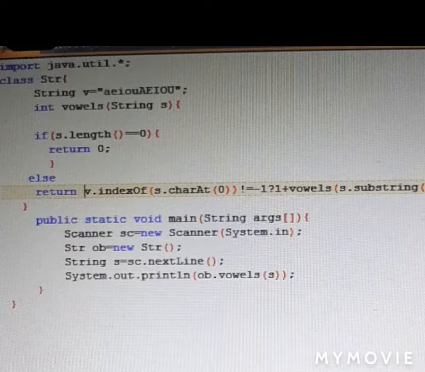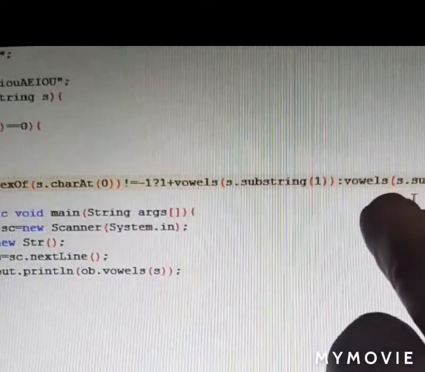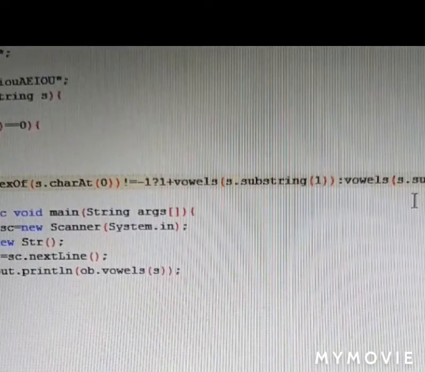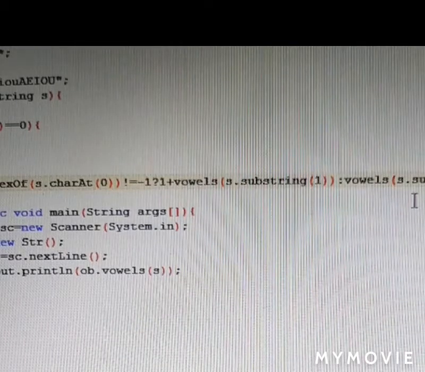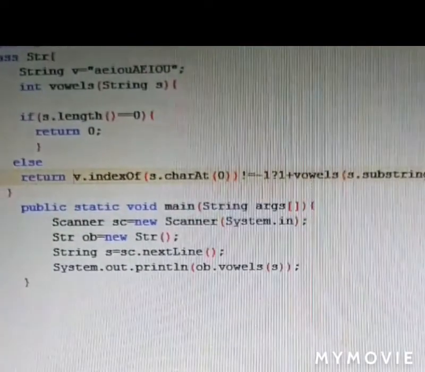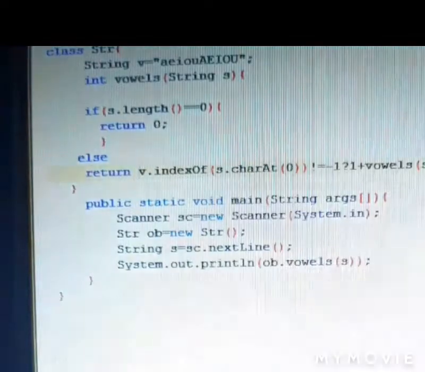It will come to the colon part, that means the else part, and we are calling vowels again recursively and sending the entire string except for G starting from the first position. That means "reat" will be received in our vowels function again. Now here again we are checking if the length of "reat" is 0.